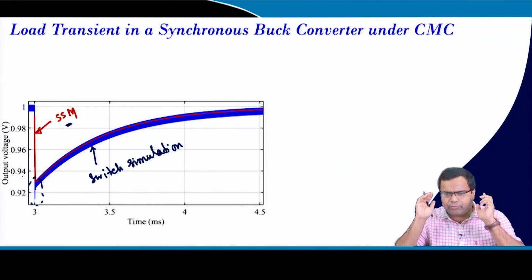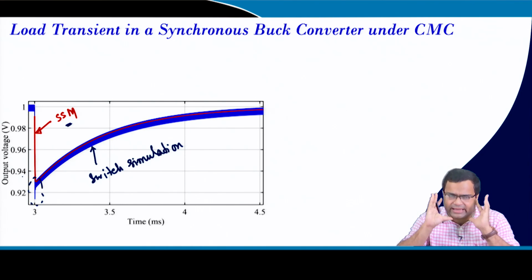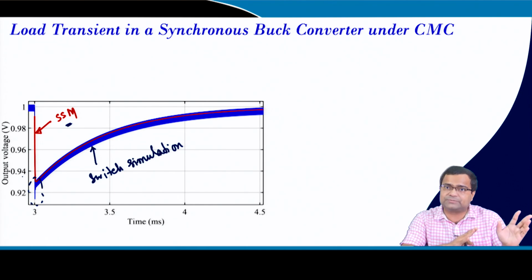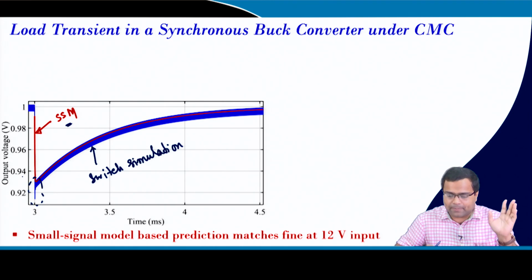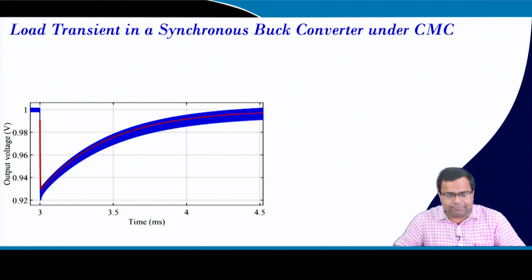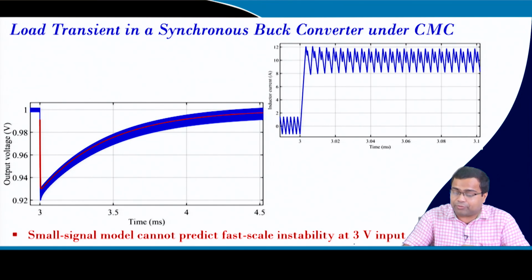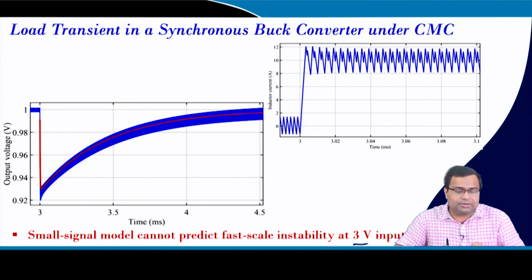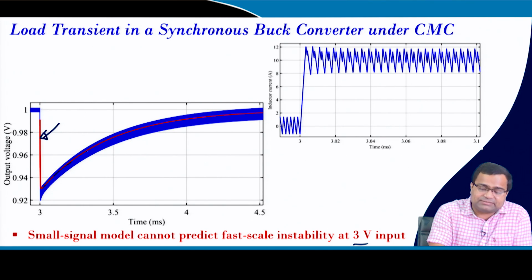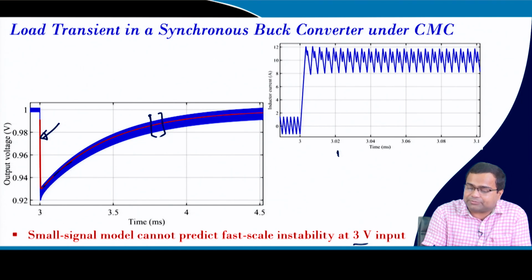So, that motivates us that some model exists and we should try it out, which can match our closed loop response of the model with the actual switch simulation. It matches fine with 12 volt input. Now, if we operate at 3 volt input for 1 volt output under closed loop, the model seems to match fine, in the average sense it looks like it is matching fine, but if you zoom into this portion and look at the corresponding inductor current, I am showing, this is my inductor current,